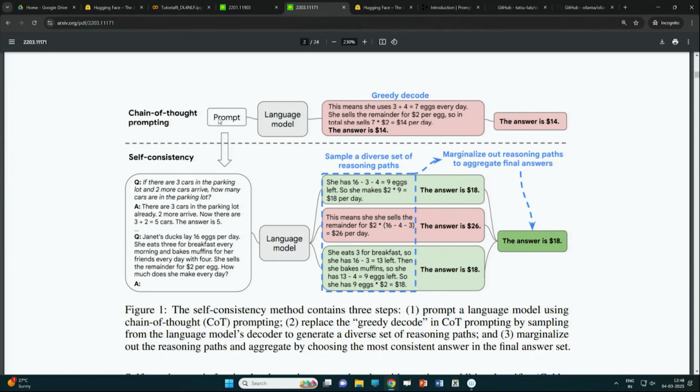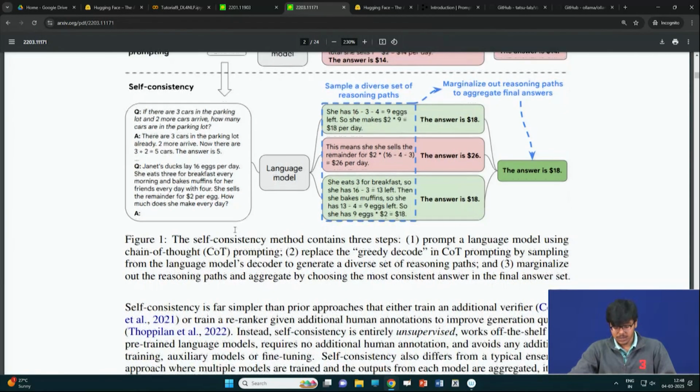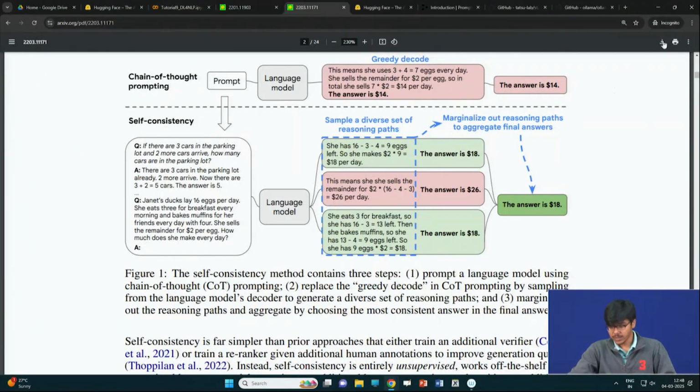As you can see at the top, there is a prompt we provided to the language model. Then the language model does what is called greedy decoding or greedy sampling, right. It takes the first thing that comes up and decodes it, and generates the answer. But what the self-consistency method says is that